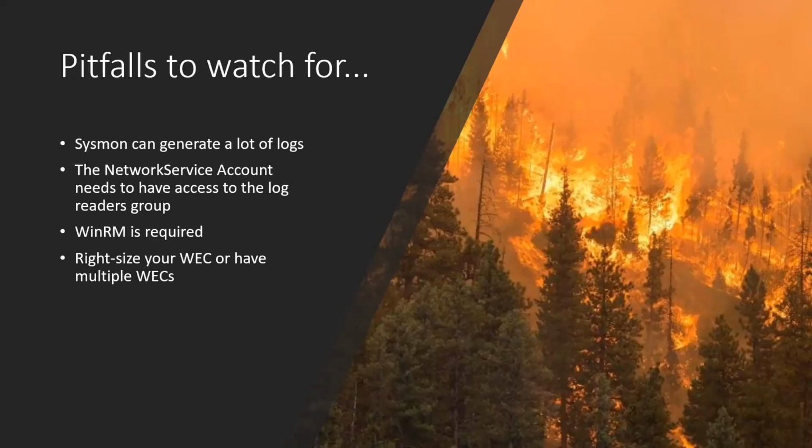And also worth noting, depending on your ecosystem, your environment, you may have a use case for multiple WECs. That could be a branch office, your main site, your data center all have their own WEC. That way you're not shipping them over an expensive WAN link. Or it might just be that you have so many endpoints within one physical location, you just need multiple hosts to maintain the collection of all those logs. So that's something you'll just kind of have to organically discover and understand about your environment as you stand up